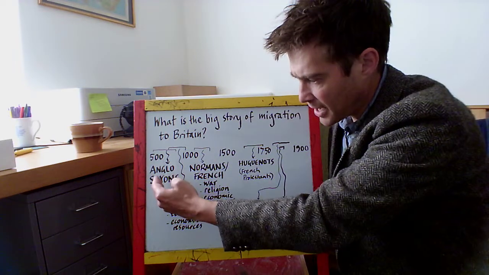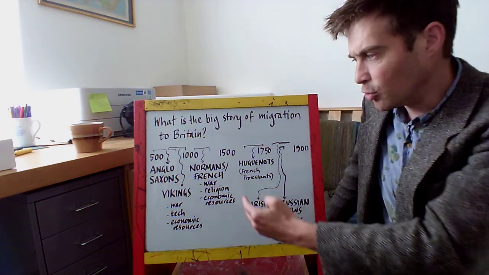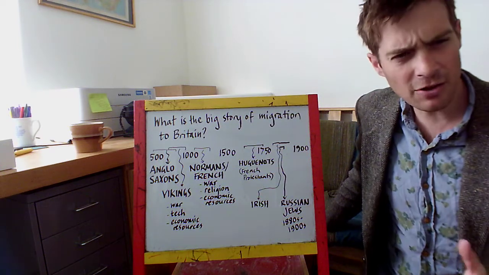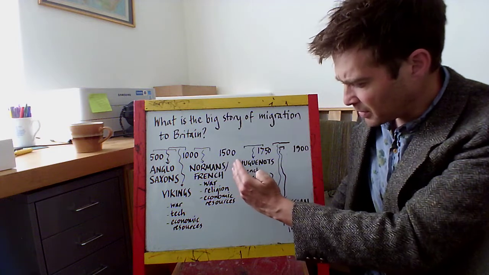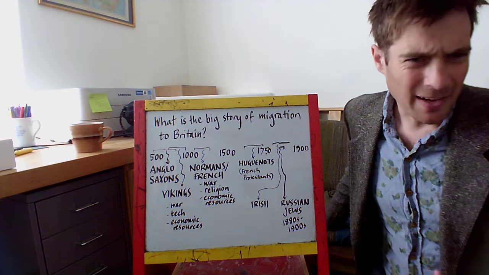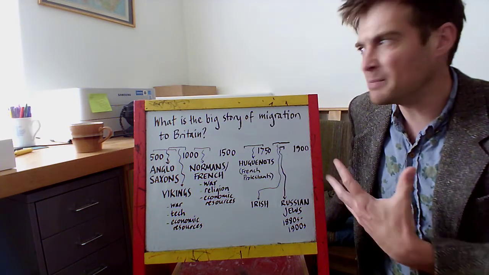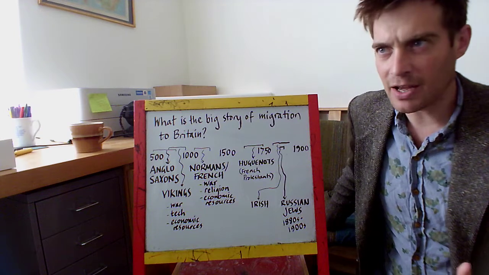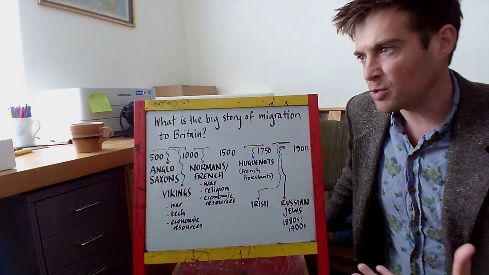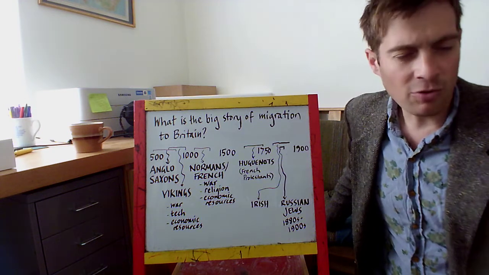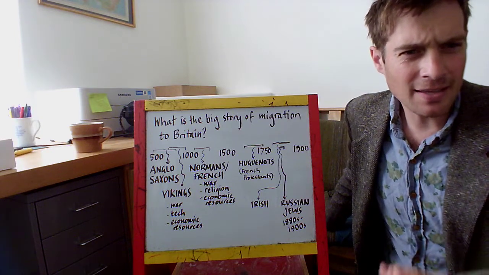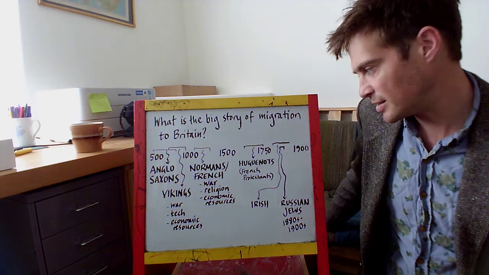So if you could add on the Anglo-Saxons, the Vikings, and the Normans onto that timeline, in that order, we're going to be looking over the next few lessons at the groups of people who migrated to Britain from 1500 onwards. We're simplifying here. Obviously, there's always been people migrating all over this planet in very complicated and diverse ways throughout all of human history. We are simplifying here to try and hone in on some key significant groups of people who migrated here.